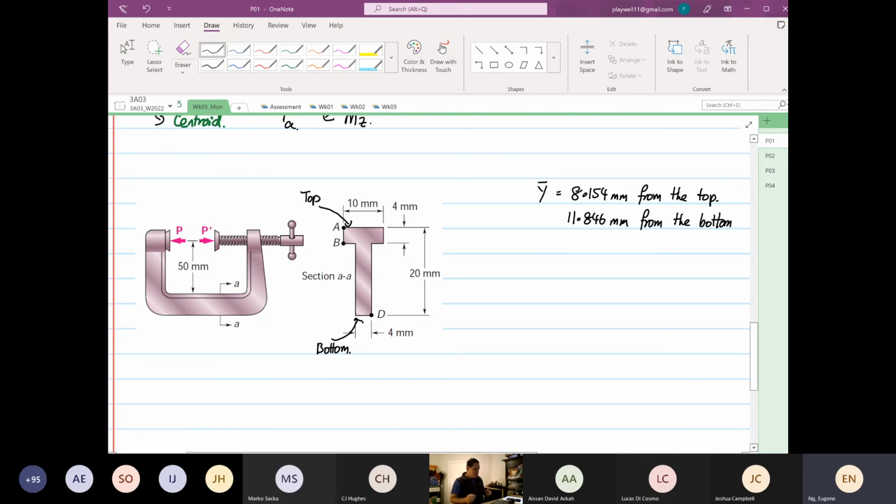For this case, I prefer to take it from the top. The preferred technique is that you should take it from the top. Now the question is, why is that? Why take from the top? Because when we calculate the moment, it is equal to P